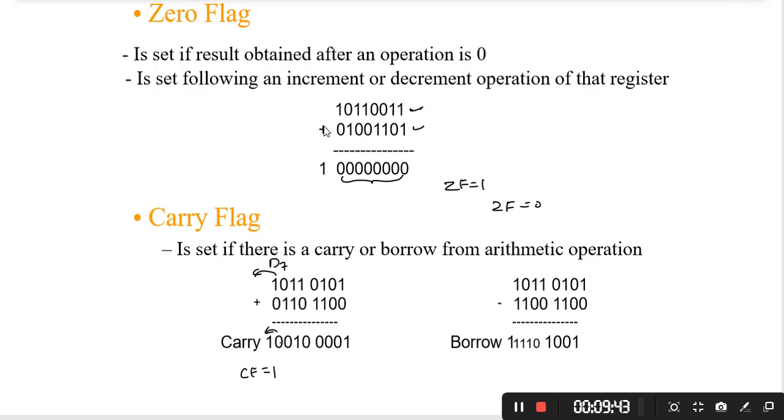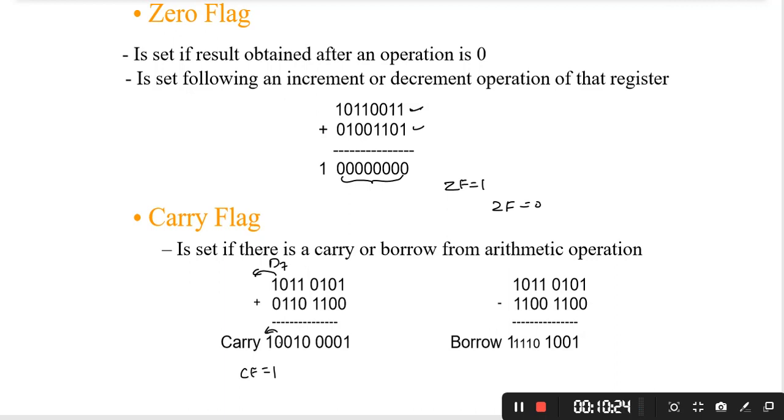This carry flag helps us when we want to add or subtract more than 8-bit data. Meaning when you want to add 16-bit data or 32-bit data or 64-bit data, then while doing the operation with the rest of the bytes, we will use the carry flag information. In the same manner, in the 8085 there is no borrow flag for subtraction, so the carry flag can also act as a borrow flag for subtraction.